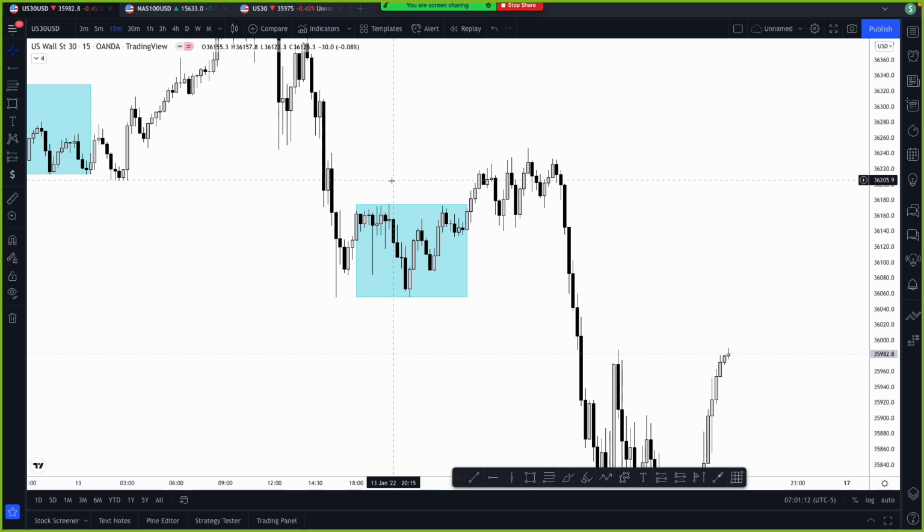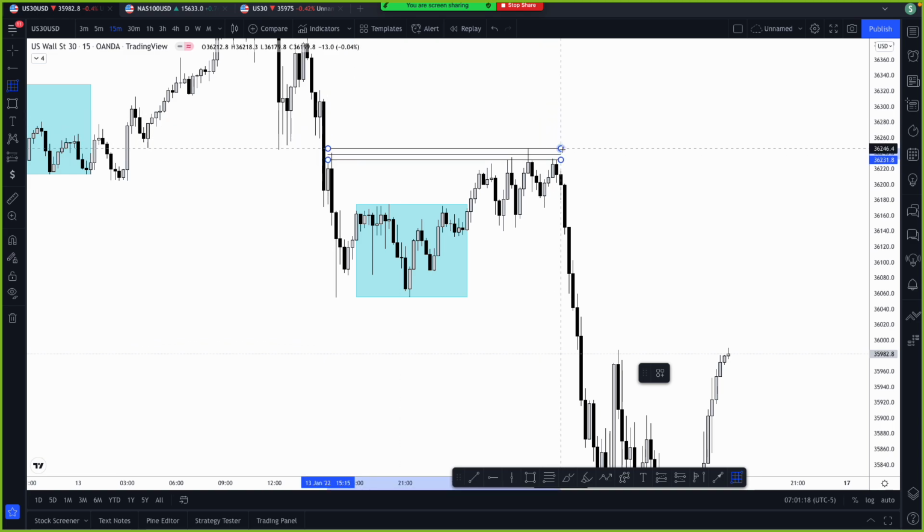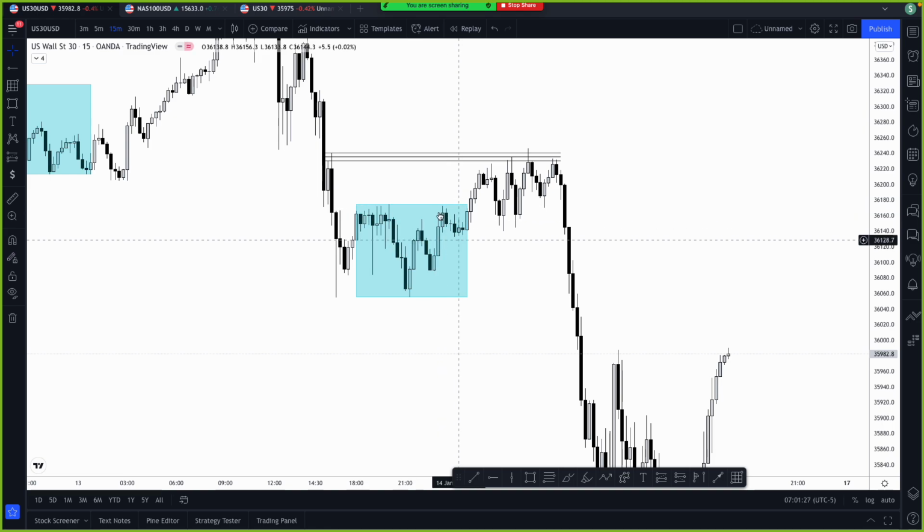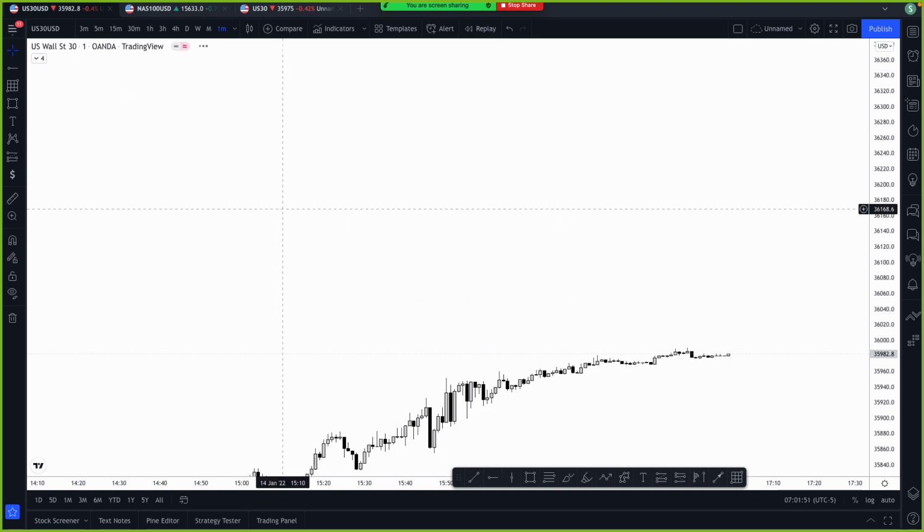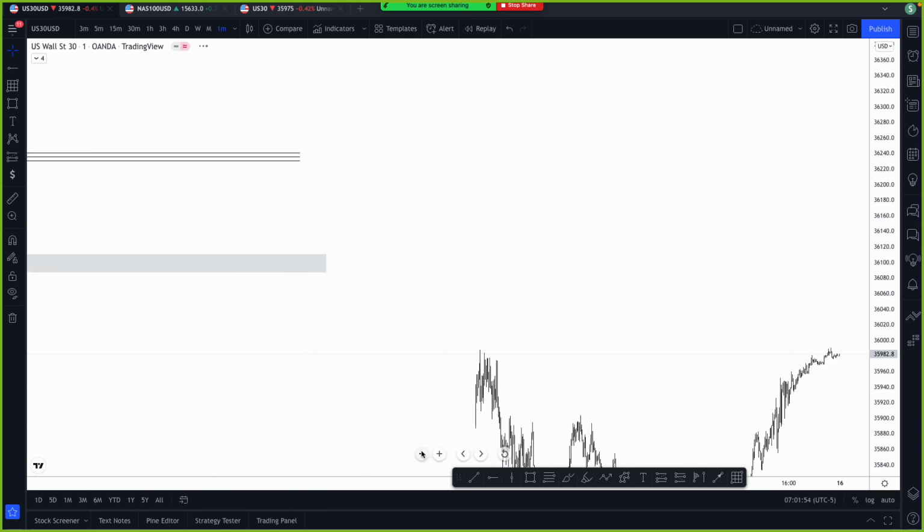Let me do something like this. Let me just remove all the drawing. So what I did there, I said, you know what, this is going to be my zone. Then let me focus on this area to be my level where I'm going to take the entry. Then the only thing that I saw, I checked this one. I said, okay, there is an Asian range, and I was also looking at this area here and said, if the market can come down, I would like to see the market do something like this from here. Yeah. So then what I did was, after I saw the market get here straight from this area, I was already on M1. As per the other chart, I was already on M1.